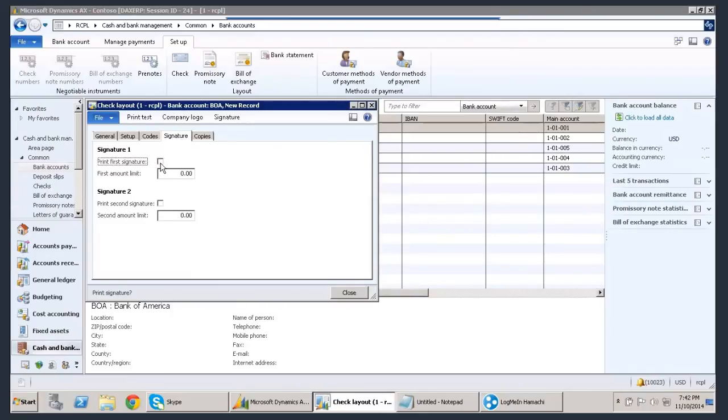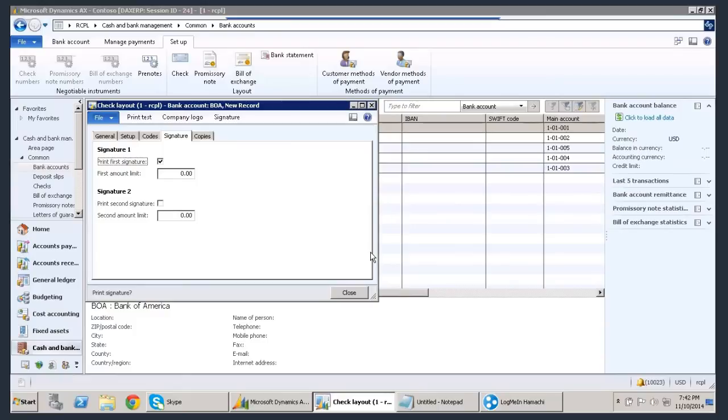You can use print first signature or print second signature. If you want 2 signatures and authorization, I hope you know: signature 1 has the limitation, and signature 2 has higher limits. In your management, the finance manager can approve up to $50,000.